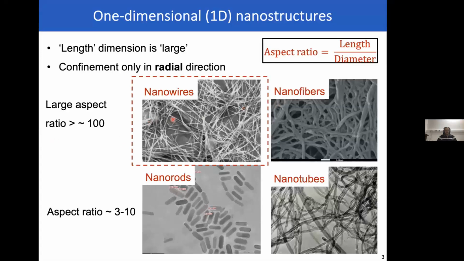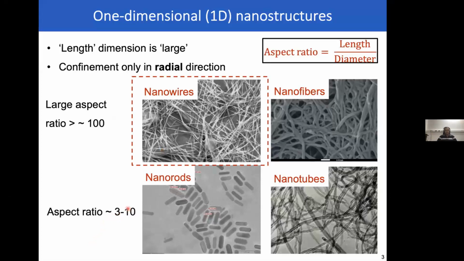Now, typically nanowires or even nanofibers are structures whose aspect ratio is large. And by large, people typically say anything above 100 could be taken to be a nanowire. This is not an exact definition. There are other books that would say 200 or 500, but typically 100 is taken to be a base aspect ratio. So this would mean if I have wires that are a few tens of nanometers in diameter, then I'm looking at lengths that are a few microns and beyond.